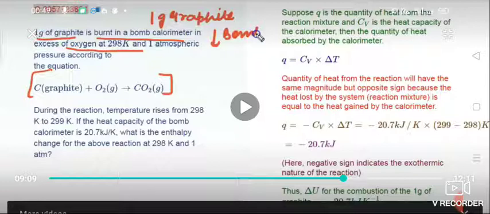There are two different heat capacity parameters: heat capacity at constant volume, that is Cv, which is the heat capacity when the temperature of the substance is raised by 1 degree Celsius keeping volume constant, and Cp, the heat capacity at constant pressure. So there is a relation between Cp and Cv. What is the relation?